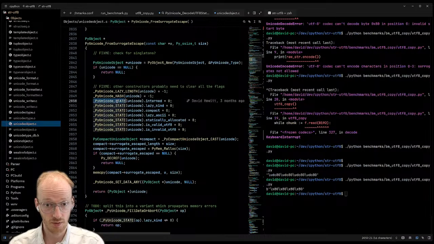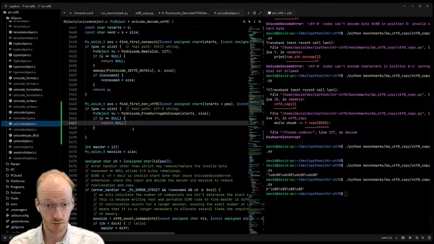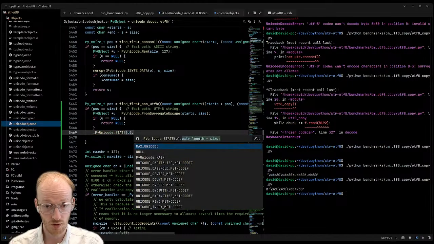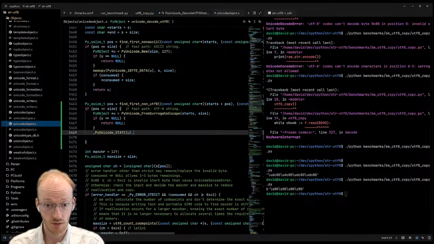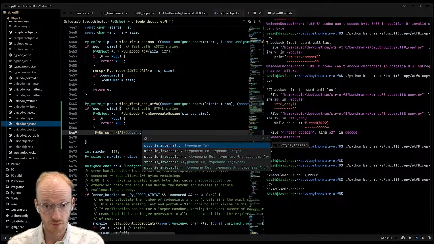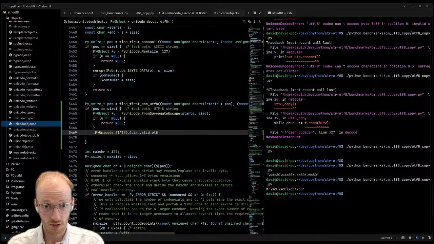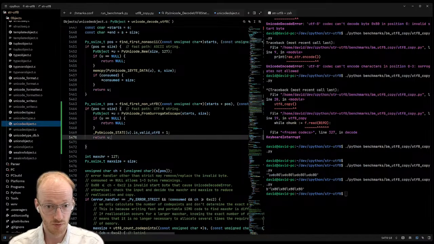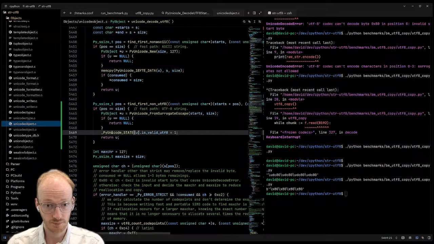We can do Unicode state u is valid UTF-8 1. Fantastic. Great.